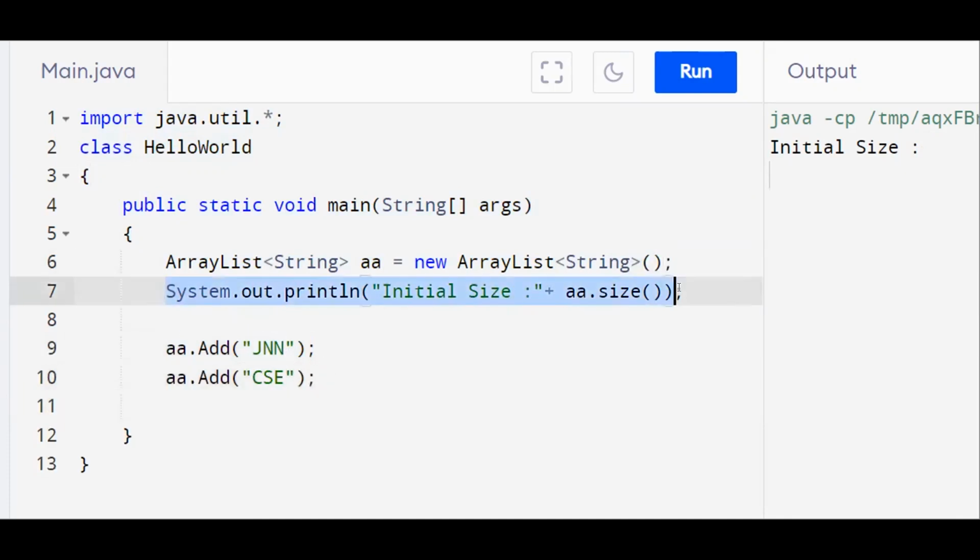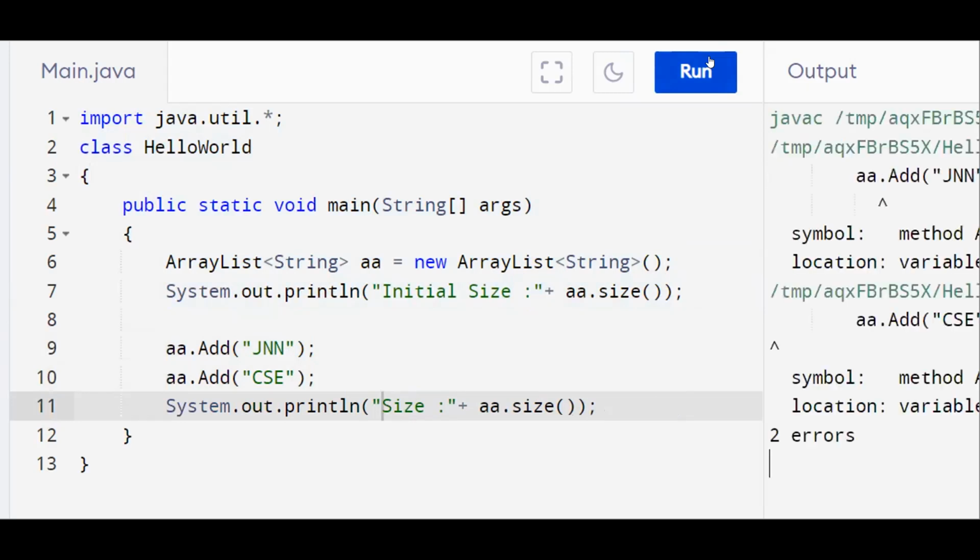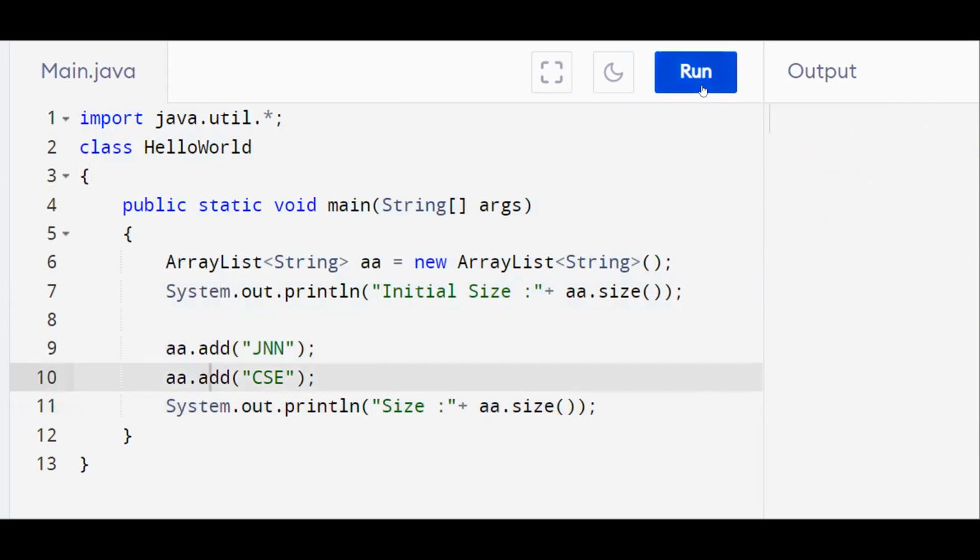After adding them, let us try to print the size once again. This add method is with a small a. You can observe the size is now 2. So this is the add method.